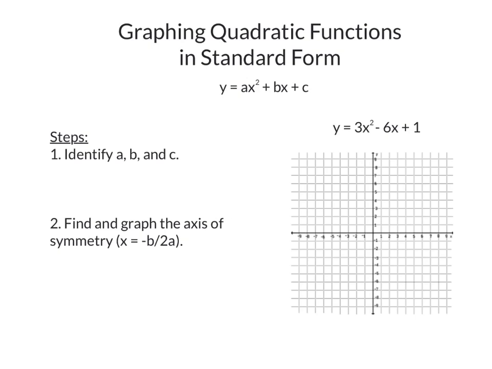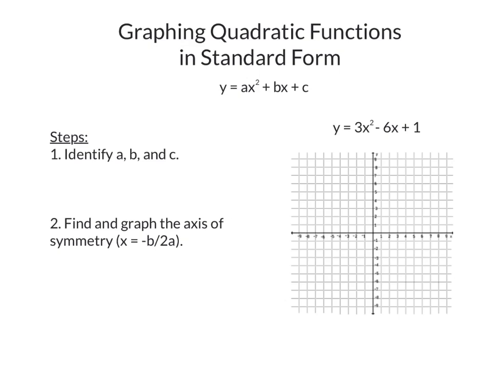Today we are going to learn how to graph a quadratic function in standard form. The standard form of a quadratic function is y equals ax squared plus bx plus c. In order to graph this, our first step is going to be to identify our values of a, b, and